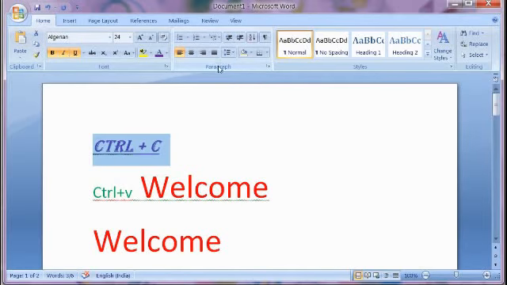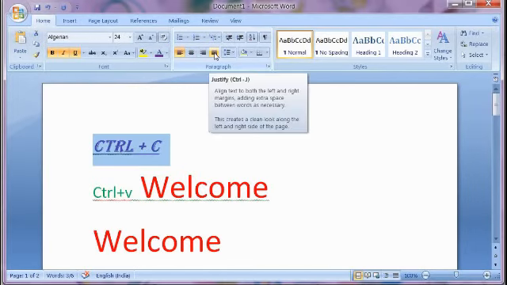Then see the paragraph group. What is the use of the paragraph group? See, the alignments are there, bullet styles are there. There are 4 types of alignment. The first one is left alignment, the second is center alignment, the third is right alignment, and the last one is justify.